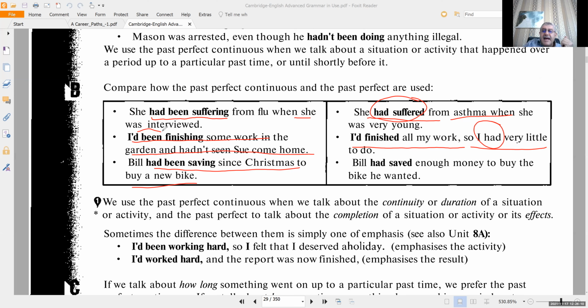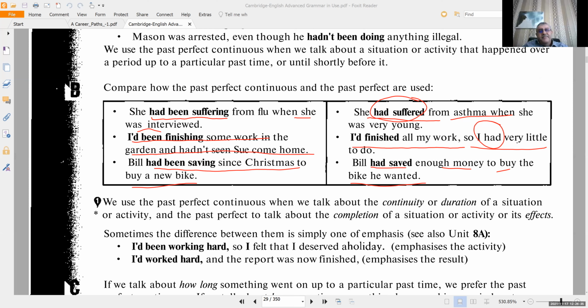Bill had saved enough money to buy the bike he wanted. إذا هنا الحدث وقع وتم. Bill had saved، هنا جمع Bill نقودا ليشتري الدراجة. أيضا متى هذا الشيء متى وقع؟ We don't know. المهم وقع في زمن ماضي. أوكي، نجي إلى